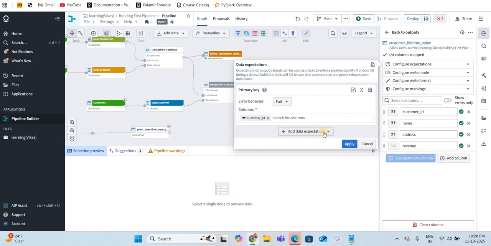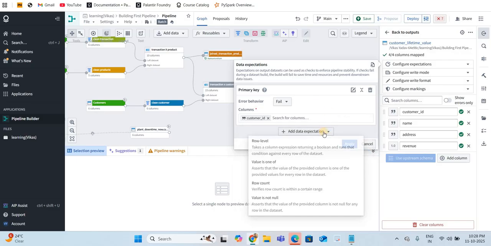If you want to add another data expectation here itself, for any column you don't want to be null, you can use: assert that the value of the provided column is not null for any rows in the dataset.